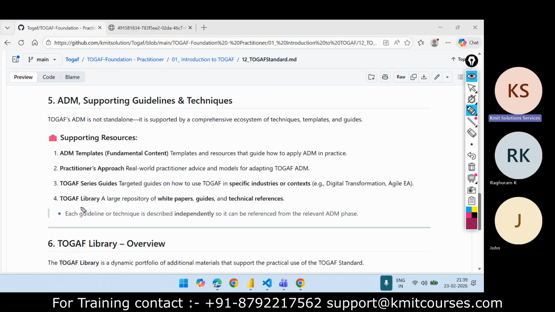There are also white papers, guides, or any technical material which is required, like we have seen, for example Archimate and other things you can use for TOGAF. Is there any guide for change management?